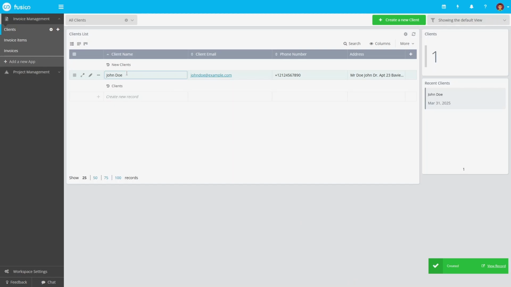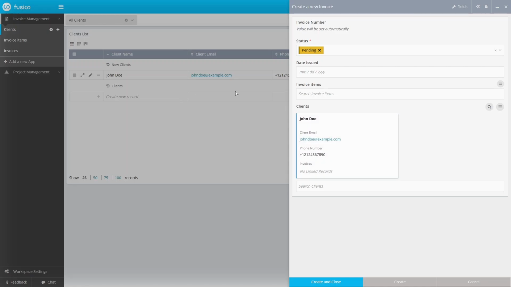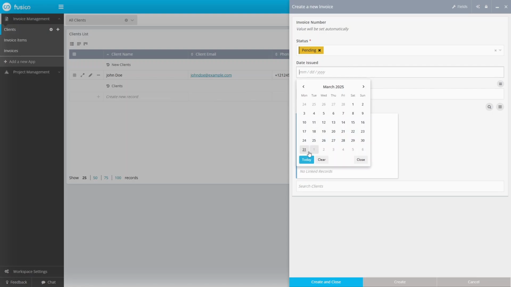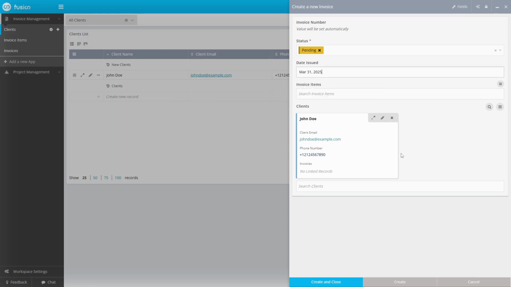To add an invoice for this client, simply right-click on the record, go to Create Record, and select Invoices. This opens the invoice form with the client already pre-selected. By default, app relationships are shown as badges, but I prefer to display invoice items in a grid view. To change this, I'll go to Layout Settings,